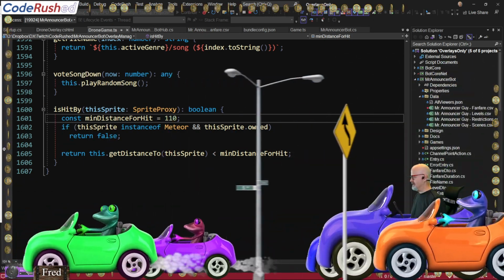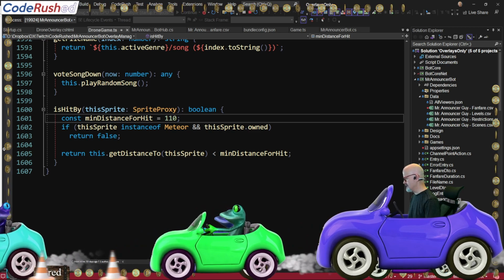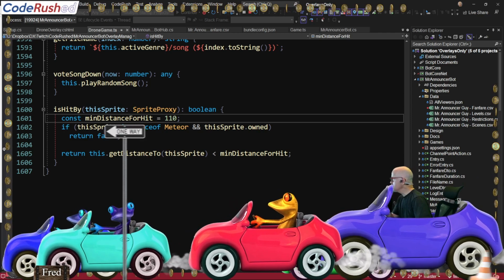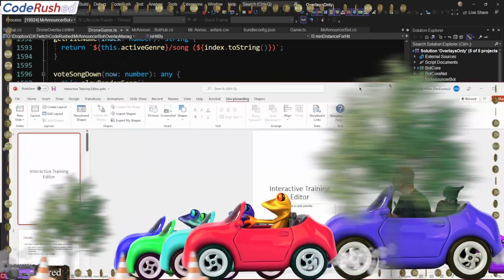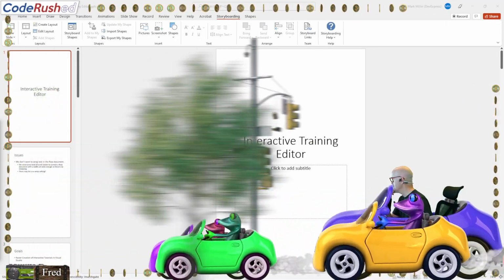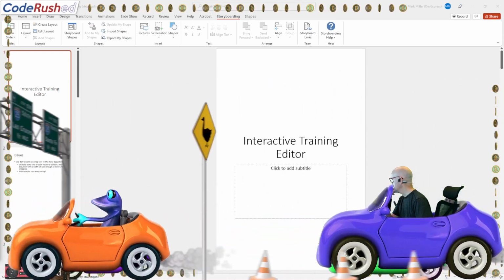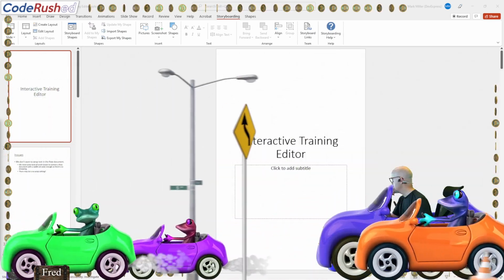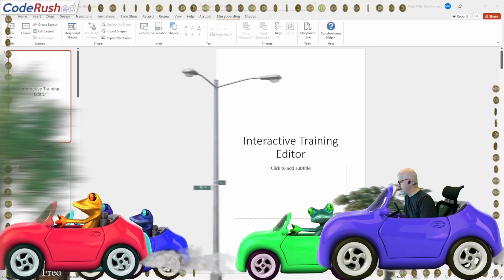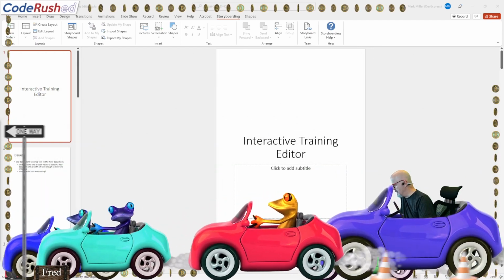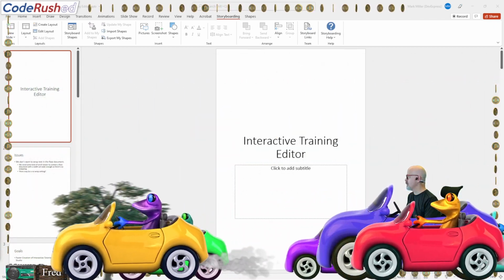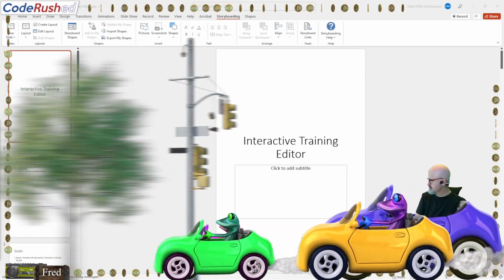Anyway, today we're working in a different project. Let me start opening up some things here. We're continuing on the interactive training editor. This is kind of cool because it's the first time I've really been doing something work-related on the show. Most of the stuff we've been doing has just been playing around. Now I'm in a spike mode, so let's do it on the show as well. I'm opening up the Document Editor Sandbox project. That's what we've been working on, and I've actually been working on this outside of the stream.